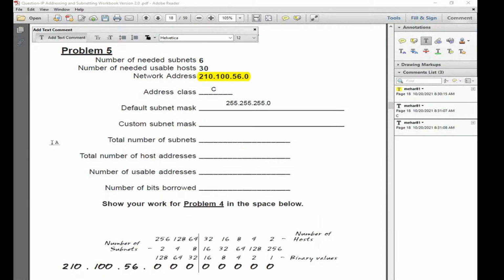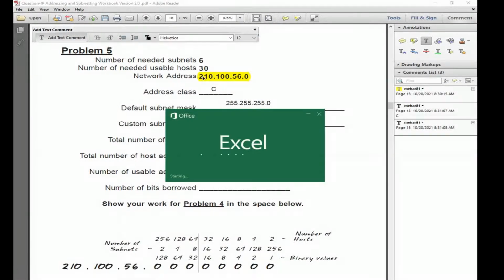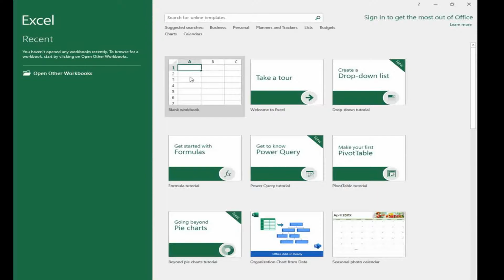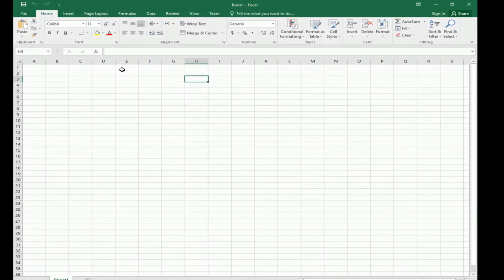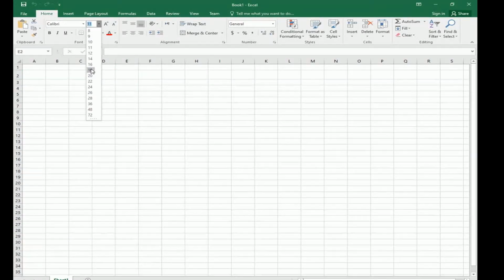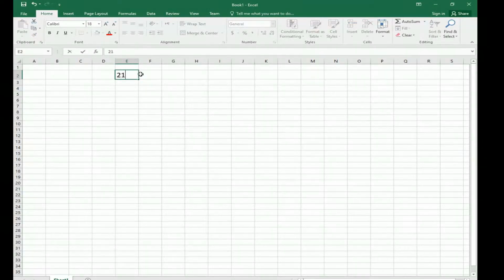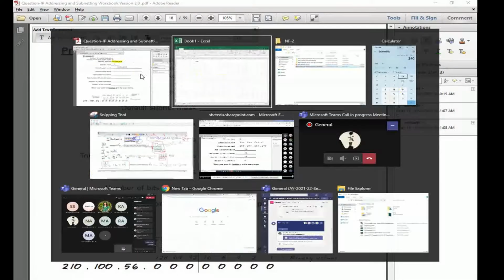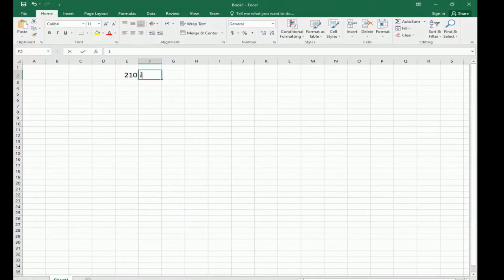Here the network address is 210.100.56.0. This is the IP address we have.